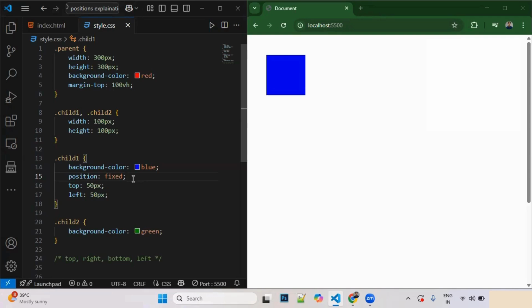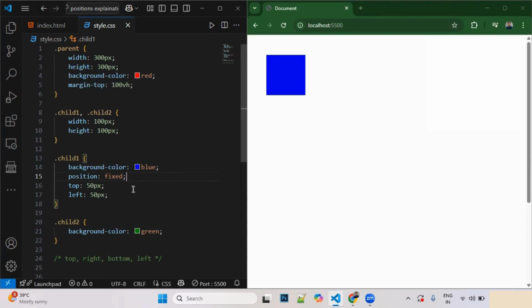whenever that point reaches the top of the document when you scroll the document or when you scroll the screen. Whenever that threshold point reaches the top of the document and is about to scroll away or go out of the viewport, at that particular point, your element becomes fixed to the screen. And before that point, your element behaves like position relative. So let's understand this whole explanation with an example,